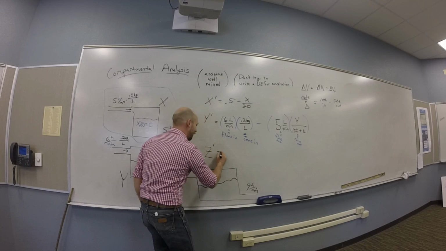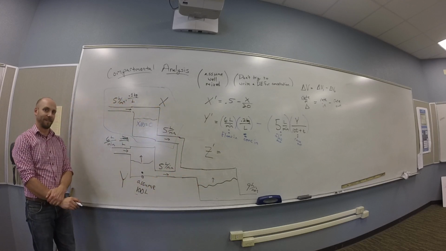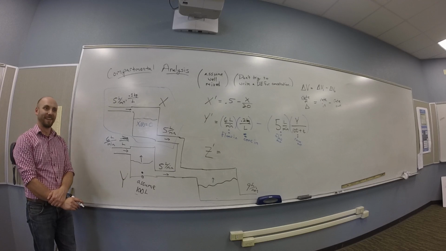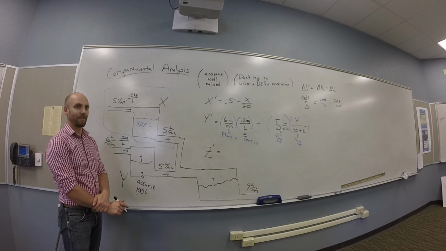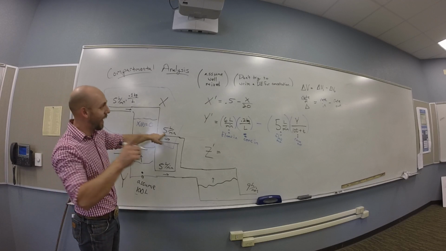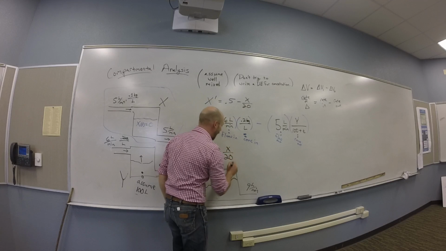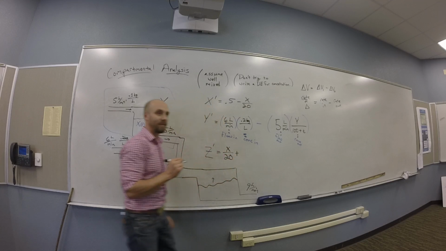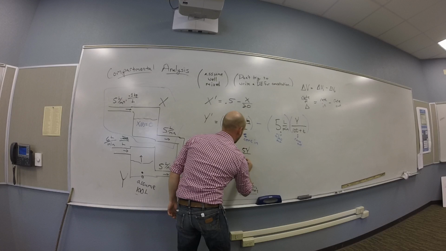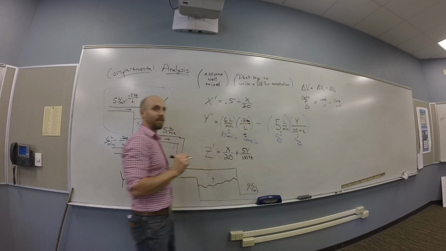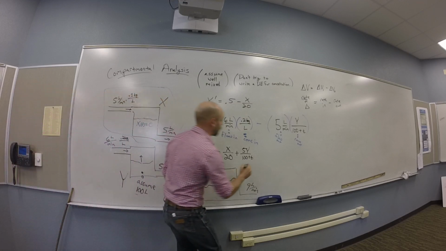Don't worry, it's okay. What's Z prime? It's a function of X and Y. So what's the amount of stuff coming into the Z tank? It's getting the out of X, which is X over 20, and the out of Y, which is 5Y over 100 plus t. So it's getting those two, and then it also has a minus